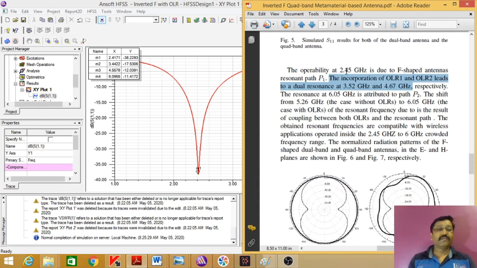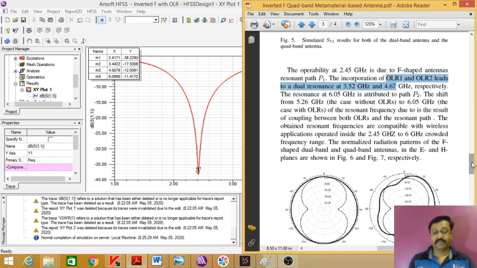So the first band is resonating at 2.45 as per the paper, ours is 2.41. OLR1 and OLR2 structures are 3.52 and 4.67. Ours are 3.44, 4.55. So very small difference, and there is a shift, that is 5.26 to 6.05. Our shift is also there, which is in the fourth band, but that is from 6.095. So results are almost matching.